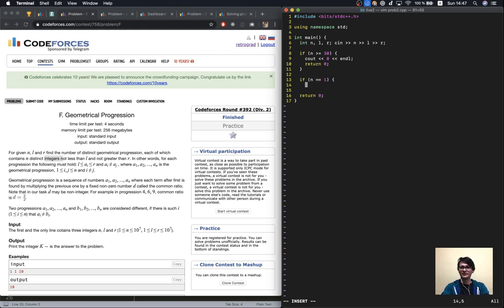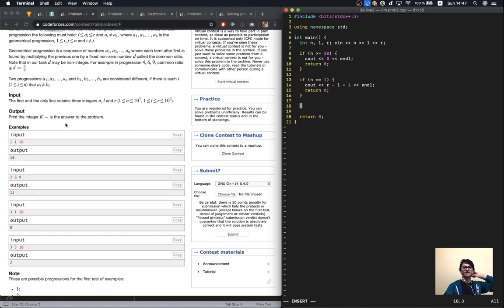If n equals 1, then the answer is r minus l plus 1. This is just some optimizations that might come in handy. For example, if n is very small, then my solution might be too slow, so I'm just hard coding some cases. If n equals 2, then all progressions of the r minus l plus 1 things are viable, so the answer would be